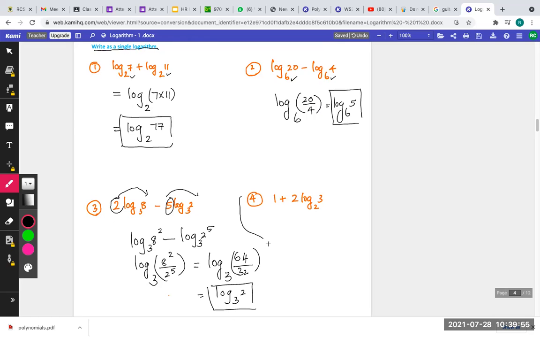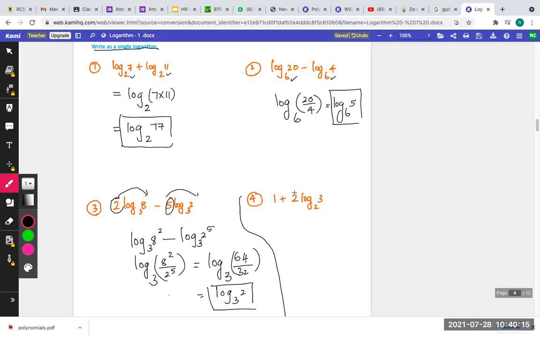Does it make sense, guys? I hope you get it. Okay, when we deal with the fourth question, you can see that the first one does not contain a logarithm, the second one contains a logarithm. But can we write one as something like a log? Yes. First and foremost, try to convert 2.